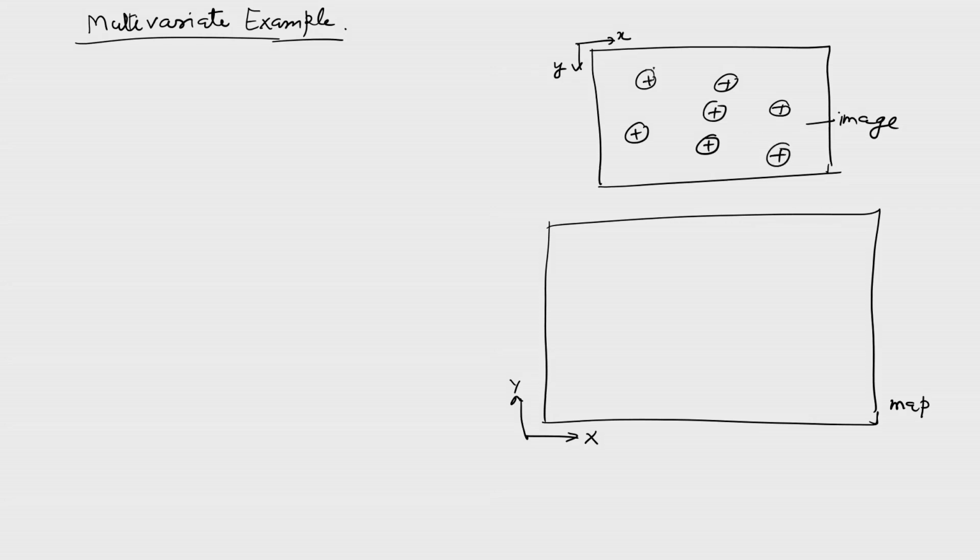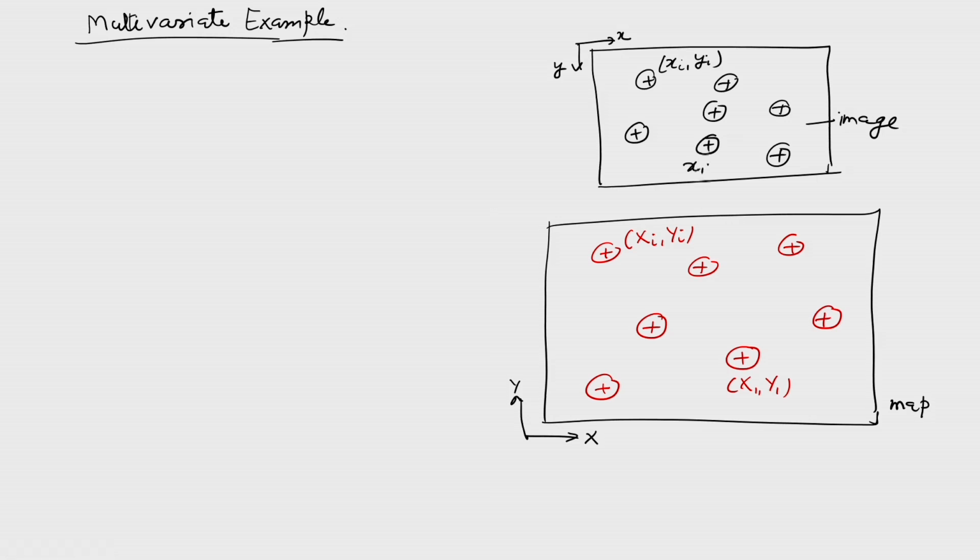Let us say n number of points. That means it is small xi, yi. And here in the map, I have some points like this, with the same corresponding one-to-one connection. Let us say I have marked 7 points here, and 7 points here. Let's say this is capital Xi, Yi. So if I say this is capital X1, Y1, I have the corresponding small x1, y1 here in the image. That's the meaning: I have one-to-one correspondence between the points.